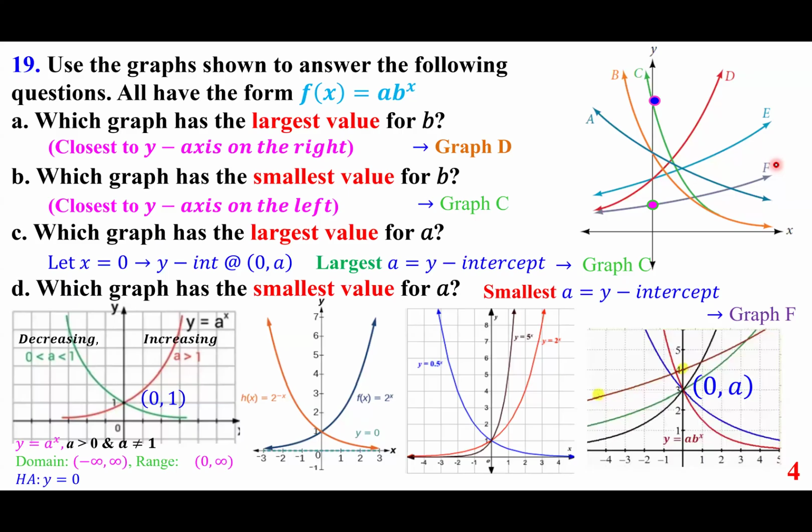So having said that, let's quickly recap so we understand what's happening. Number one, y equals a to the power of x, a general form of an exponential function. This is increasing when a is larger than 1, decreasing when it's between 0 and 1, and the y-intercept is at 0, 1. So a must be positive, a can't be 1. Domain is all real numbers, range is 0 to infinity, and the x-axis, which has the equation y equals 0,